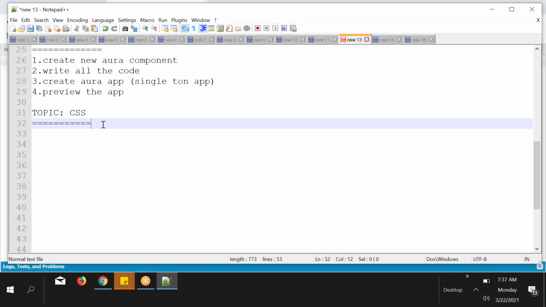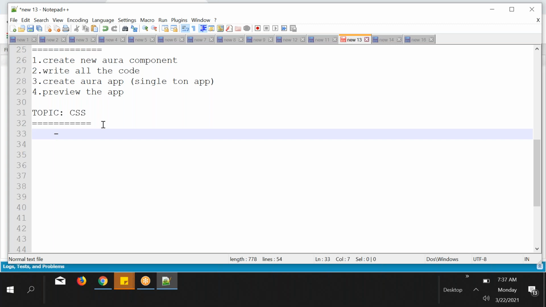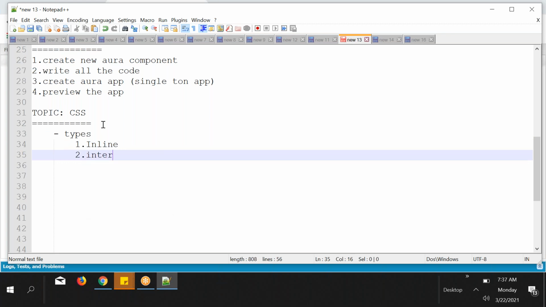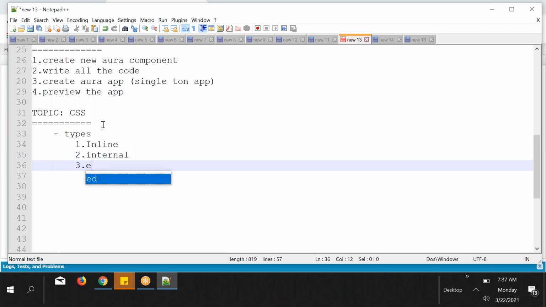CSS styles have different types, guys. Three types in total: inline, internal, and external. So what does this mean?